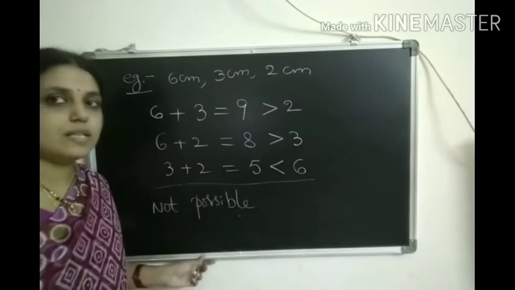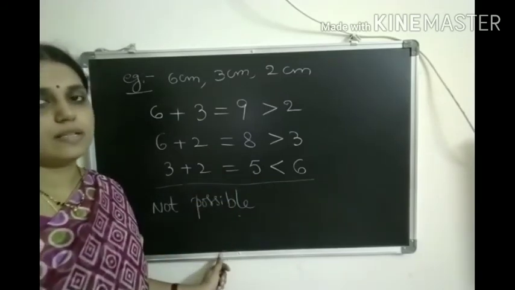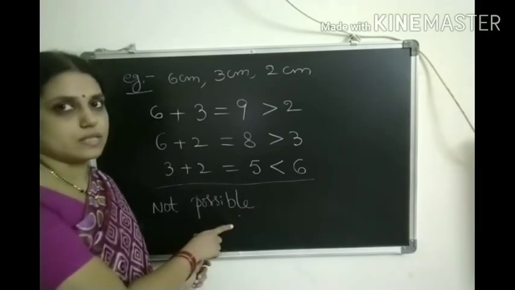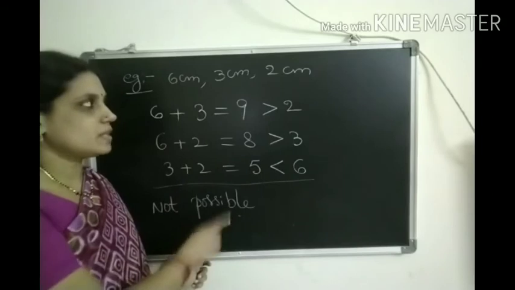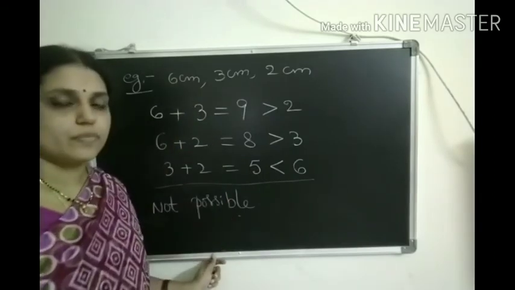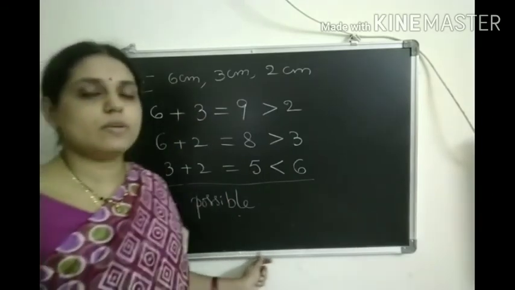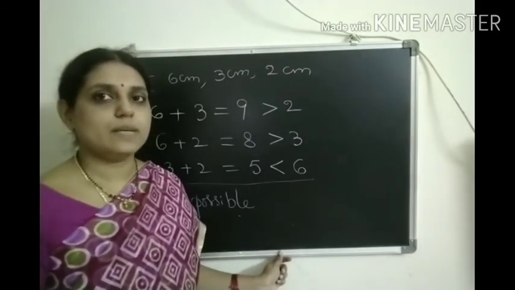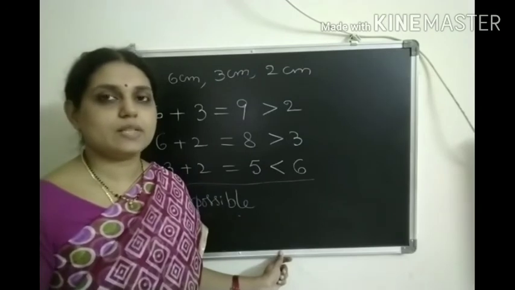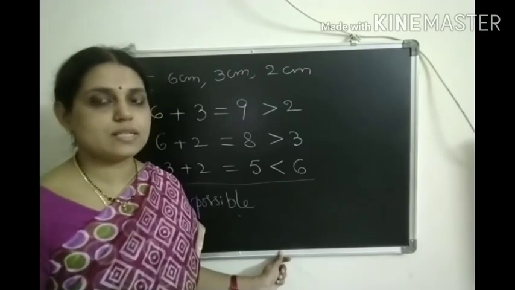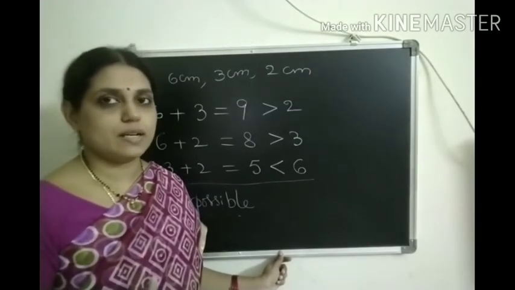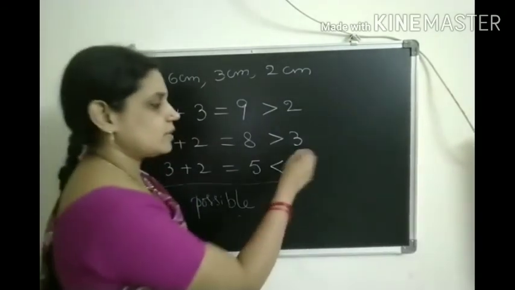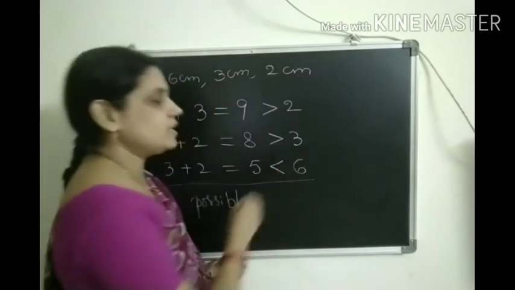So for all the three pairs it should be greater than the third side. The sum should be greater than the third side. Then only it is possible to construct the triangle with the given measurements. But here it is not possible. Okay, actually why it is not possible? Also definitely you can do it practically in the next chapters. In the practical geometry chapter, in the construction of triangles, you will better understand while you are doing the constructions. Okay, just here I will give an approximate idea of why it is not possible.